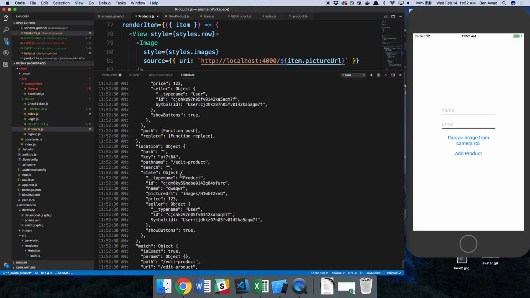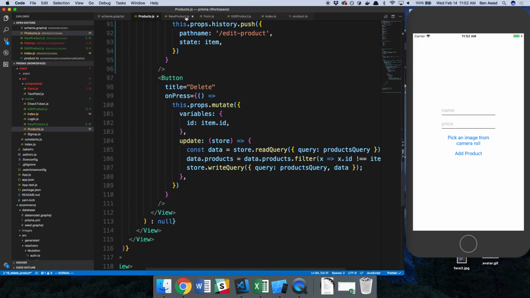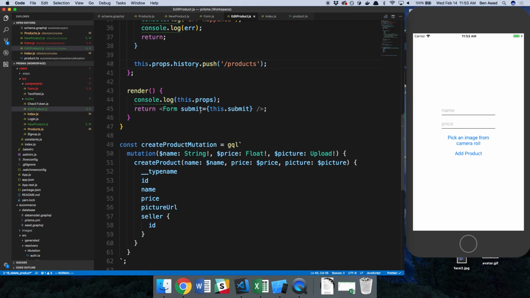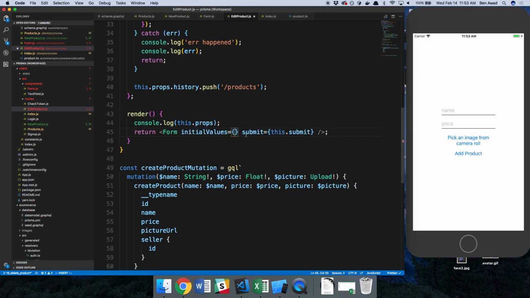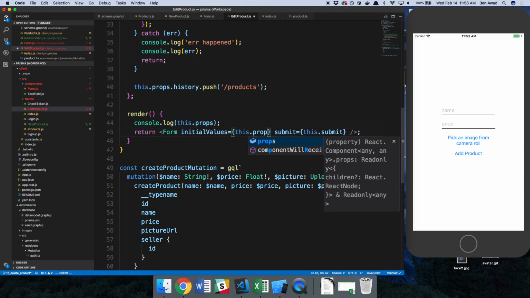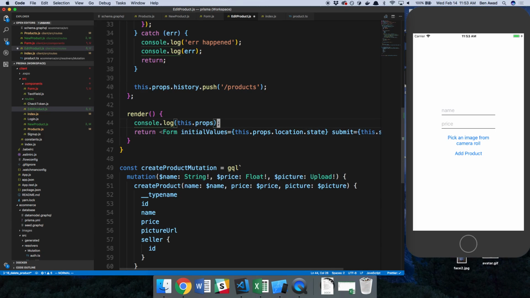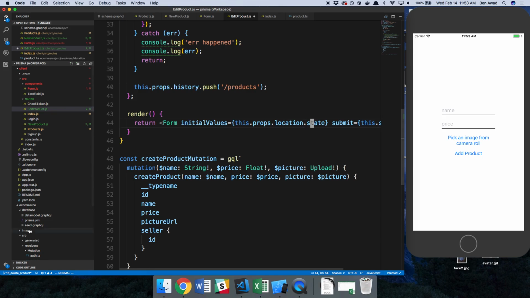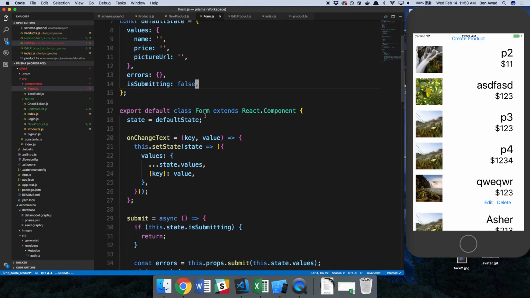So let's do that. So again, location and then state. So over here, we're going to pass initial values to our form. So initial values. And we don't actually use this prop currently in our form, so we're going to have to change that. But we're going to say this.props.location and state. So that'll give us the current item. So now in our form over here, we can have a